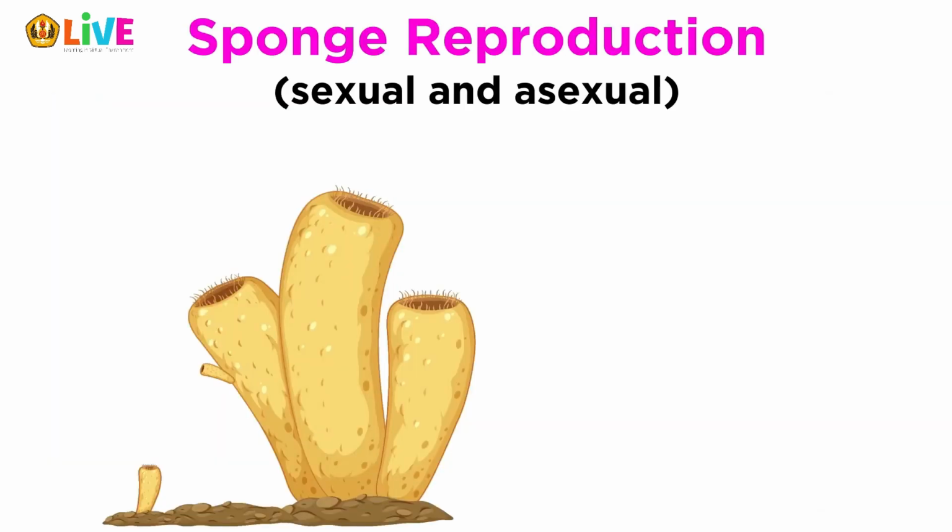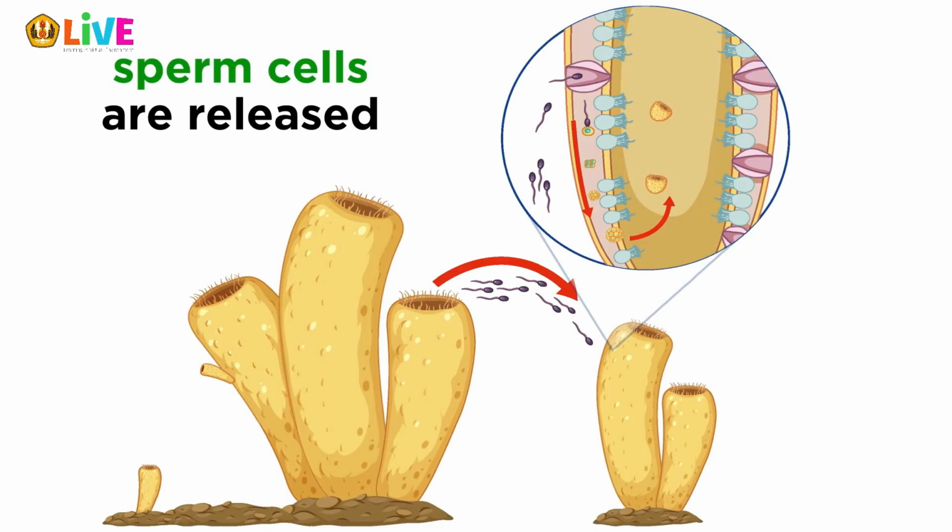Speaking of larvae, or baby sponges, let's talk about sponge reproduction. The most common form of reproduction in sponges is sexual. They release sperm cells into the water. In some species, ova, or eggs, are also released into the water, while in others they are held within the bodies of the sponge, hoping to be fertilized by a sperm cell from a different organism belonging to the same